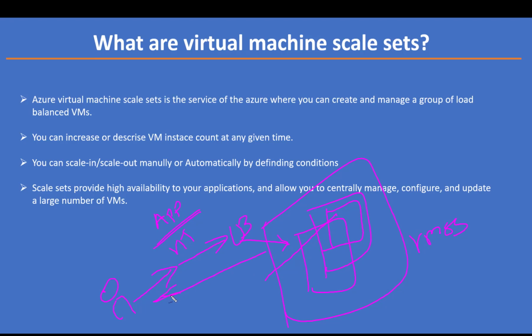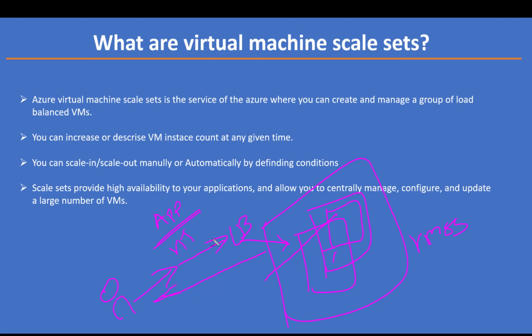So this is the benefit we get here: your application will spread out across the virtual machine scale set, and the load balancer will do a very good job of moving your user request to one of the instances. Even whenever you want to upgrade one of the instances, the other VMs available in that scale set will serve your application.